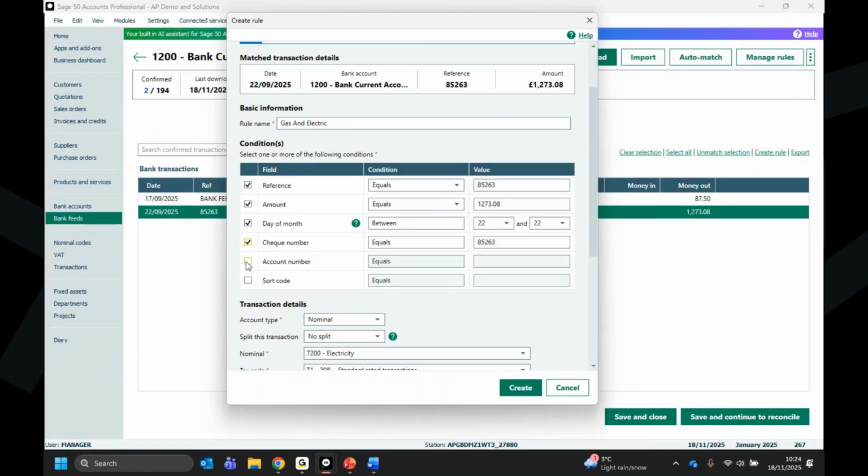So you've got check number, and then you've also got account number and sort code. Now, if this was a customer or supplier, you may have already populated those details into the record, so it would just enter automatically here. Alternatively, you can just type in that information. But for this example,